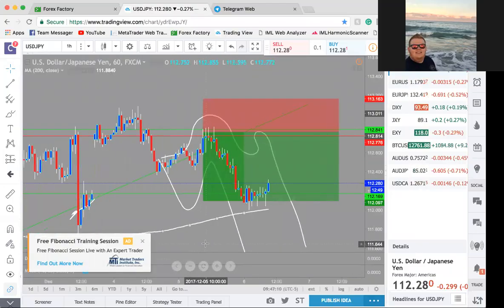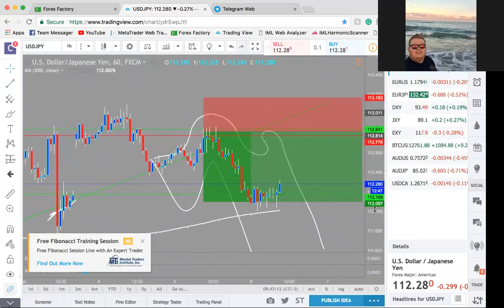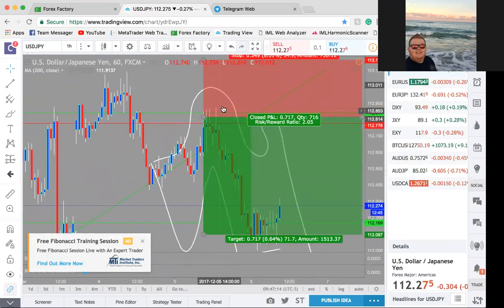All right, so let me share my screen. Let me show you guys this UJ trade that we took. I called this signal yesterday. Yeah, well, 2 days ago, I guess, technically now. Yesterday in Forex time, we got in on this wick, wrote it down, put in our stop profit, and this